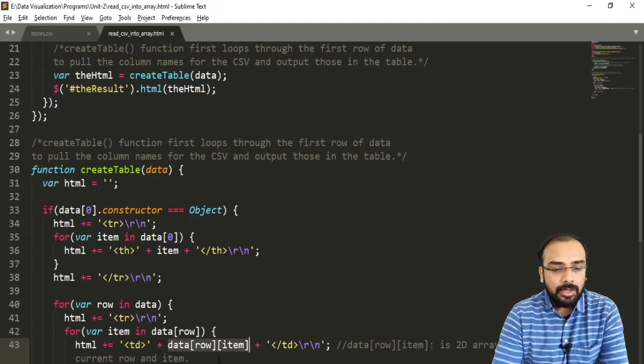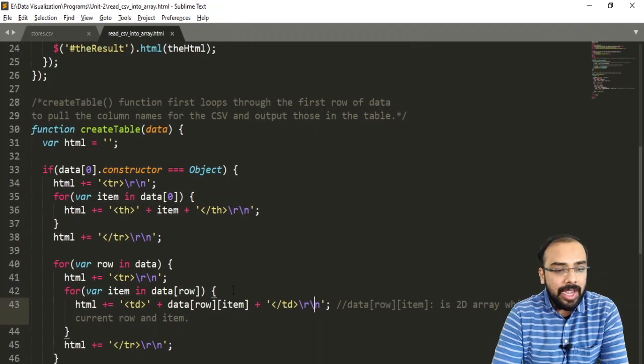So what is this? This is your two-dimensional array. It is taking your current row and current item. For example, if I have 5 columns, first I need to add a value to the first column, then to the second column. In order to add that data in the correct sequence, we make use of a two-dimensional array. This is your two-dimensional array for adding one row inside your table. Then I have ended my table data and specified \n, which means we want to point to the next line.